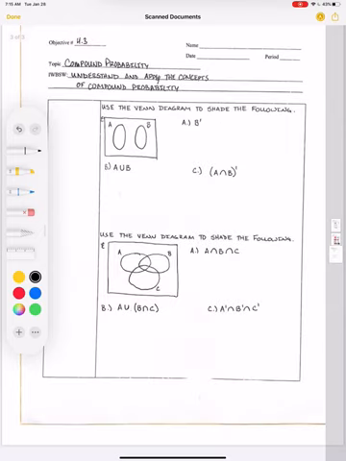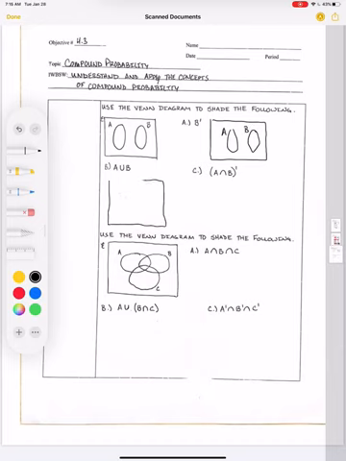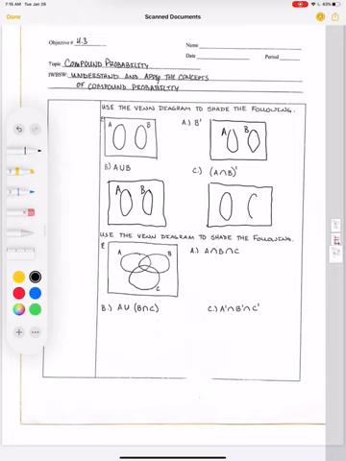On the next page, it says use the Venn diagram to shade the following. So for each of these examples, we're going to use the exact same Venn diagram. And again, it doesn't have to be perfect, you just have to get the idea down. There's two circles that are not touching. One's labeled A, one's labeled B. Okay, but it doesn't have to be perfect. Okay. All right, so for part A